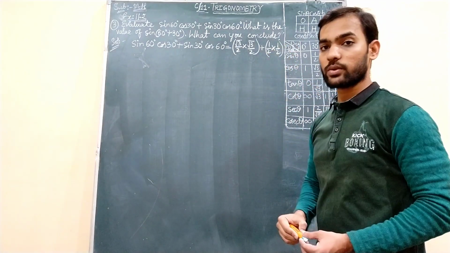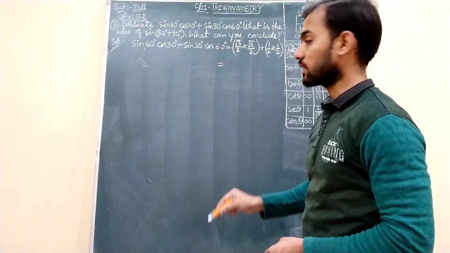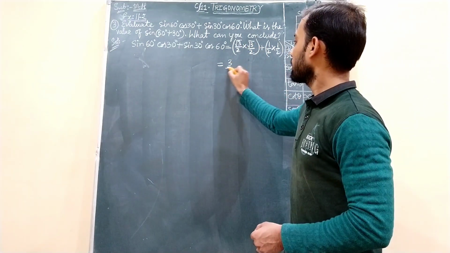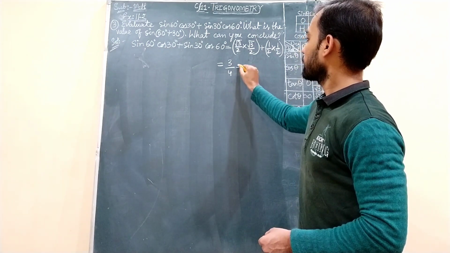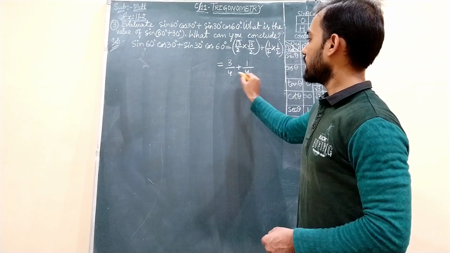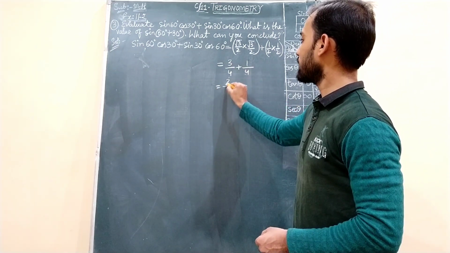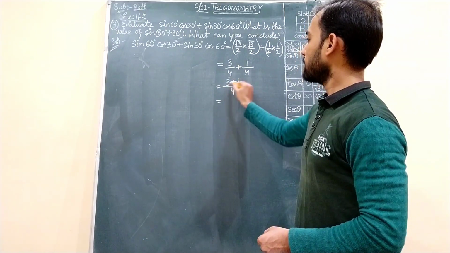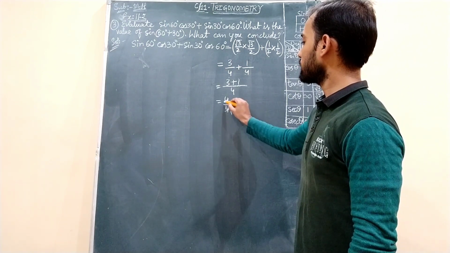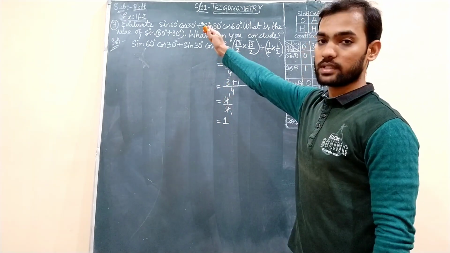This is somewhat similar to a question that we did in exercise 11.1, last question I think. So here what will happen, if you remember, root 3 into root 3 becomes 3 and here 2 2s are 4. Here 1 1s are 1, 2 2s are 4. Both the denominators are same, so we will take the LCM as 4 and we will add up the numerators, that is 3 plus 1. 3 plus 1 is 4 divided by 4. When you cancel, 4 ones get cancelled. The answer is 1 for the first expression.